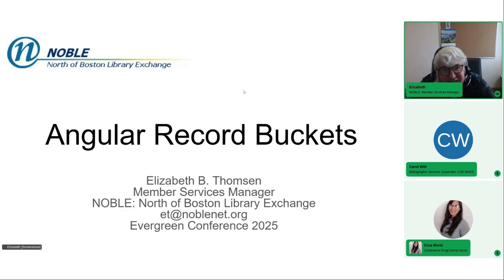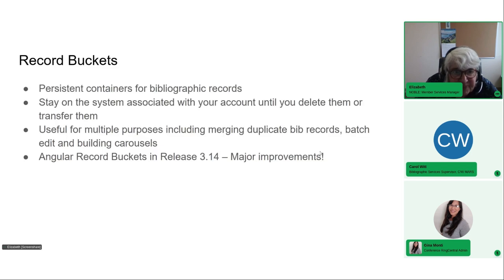Okay, so I'm going to be talking about the new Angular record buckets, which came in with 3.14. Just to remind you, if you don't know, record buckets are a persistent container for a group of bibliographic records. They stay on the system associated with your account until you delete them or transfer them, and transferring them is new. They're useful for multiple purposes, including merging duplicate bib records, batch edit, building carousels, and actually, we